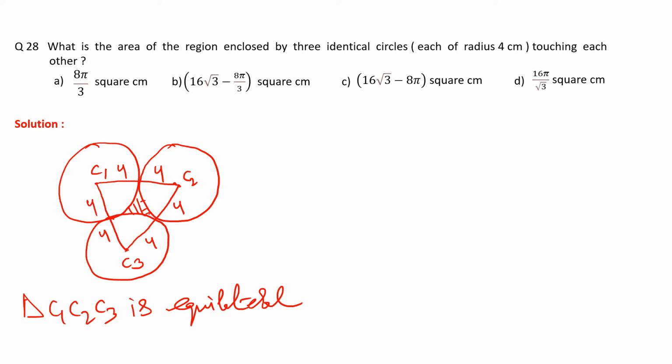Now, to find the area of this shaded portion, first of all, we'll have to calculate the area of triangle C1C2C3, and then we will be subtracting 3 times the area of one of these sectors. You can clearly notice if I take this point as A and this point as B, then I'm talking about